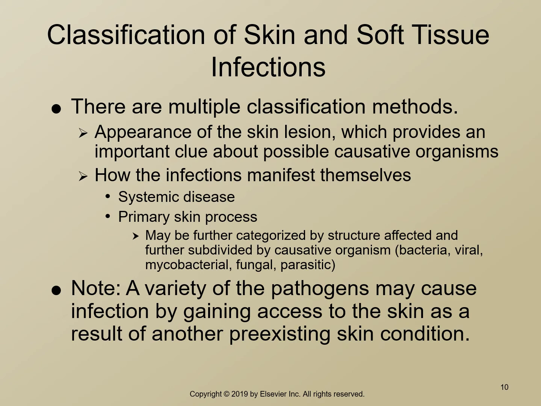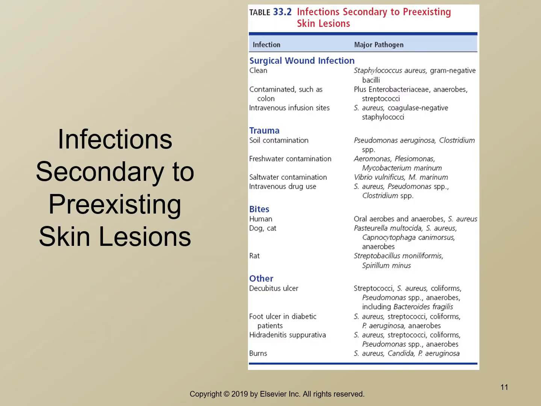It is important to note that a variety of pathogens may cause infection by gaining access to the skin as a result of another pre-existing skin condition. Table 33.2 in your textbook provides a summary of infections secondary to pre-existing skin lesions. It also provides the major pathogens that are the causative agents for each type of infection. So, for example,